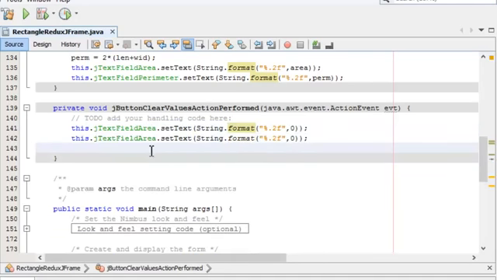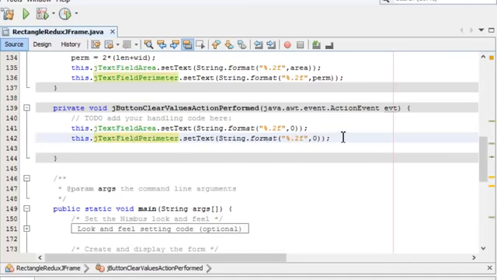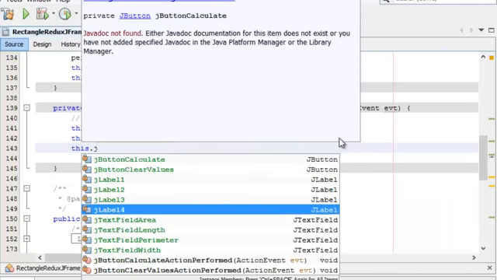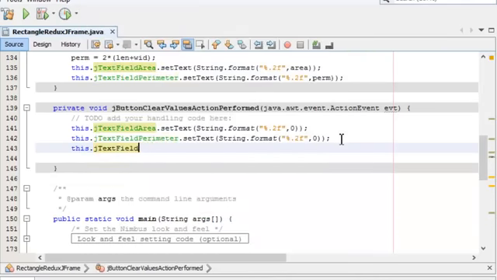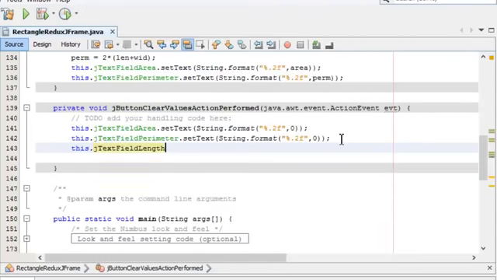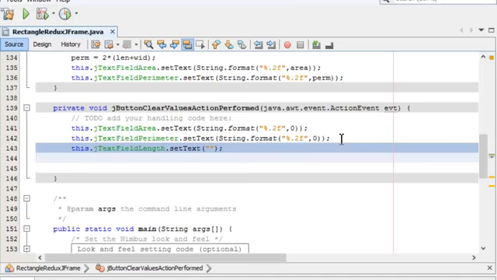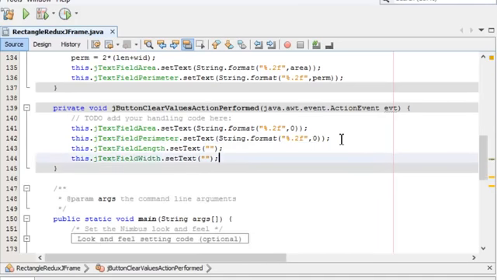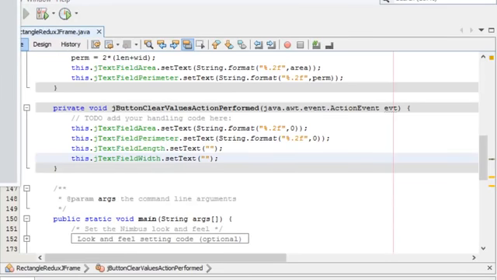I want the perimeter to be 0. I want the length, I'm sorry, not the area. I want to set that text to empty. That way you don't have to type anything. And I want to do the same for width. So let's run that now. So now when I hit clear values,